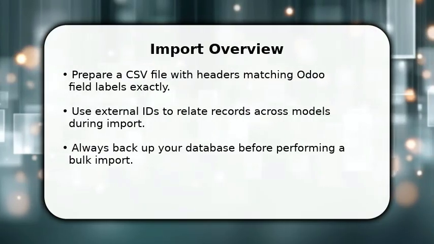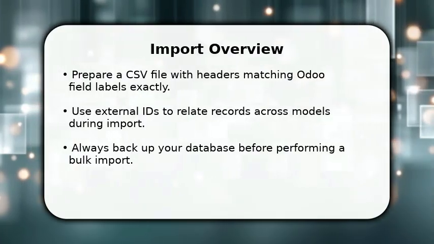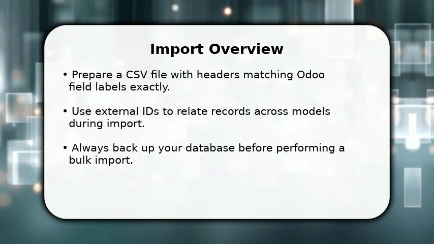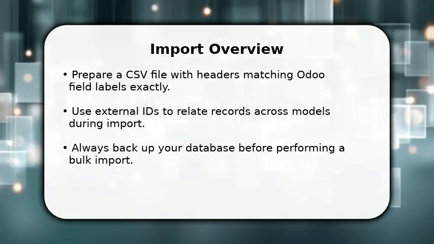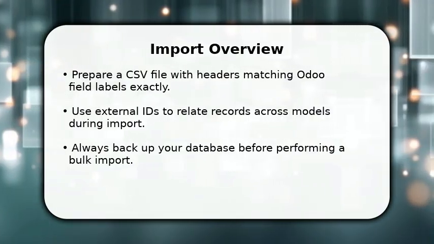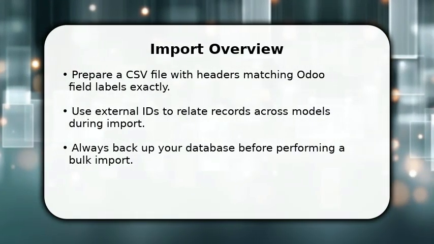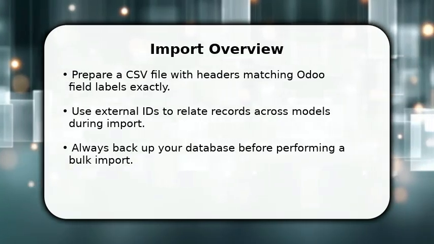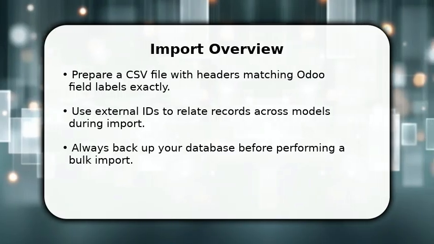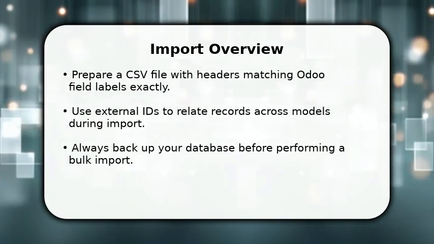In this video, I will explain how to import data to Odoo the right way. Start by exporting a small sample and comparing headers to Odoo fields, then clean and normalize values. Validate dates, numerics, and Boolean flags, and ensure related records use external ID. Run a test import on a staging copy, review errors, correct them, and re-import the full file during low-traffic hours